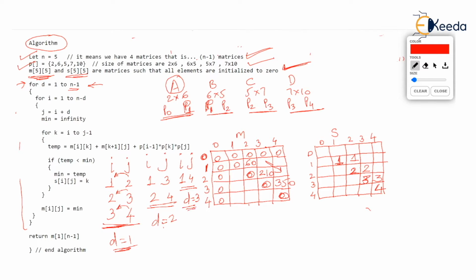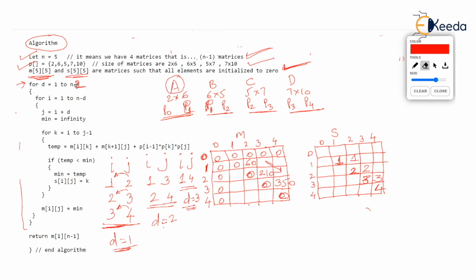Observe, 1 to 3. So this loop actually should be 1 to N minus 2, isn't it? N minus 2. Observe. N is 5. So 5 minus 2 is 3. So it should be for D is equal to 1 to N minus 2. Okay. I wrote it as N minus 1, but it should be 1 to 3. Observe, D should go from 1 to 3. When N is 5, D goes from 1 to 3. So it is 5 minus 2. So that is this difference loop.